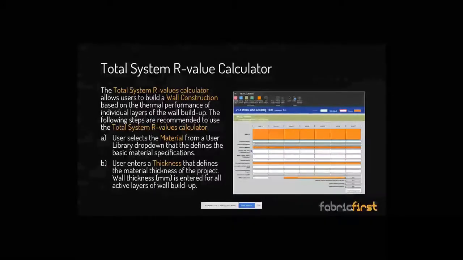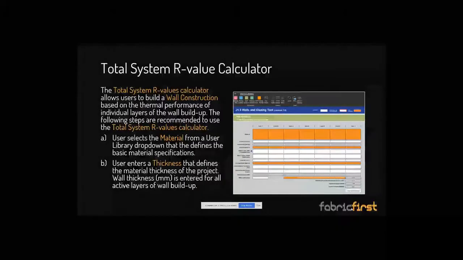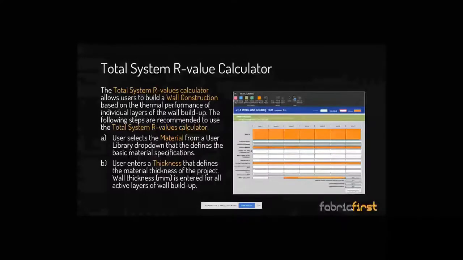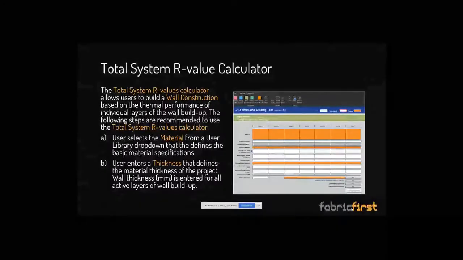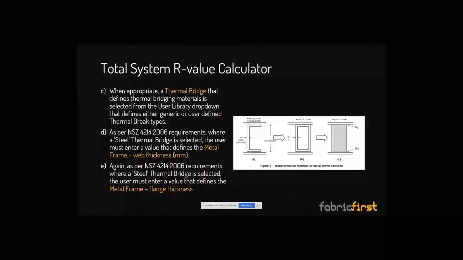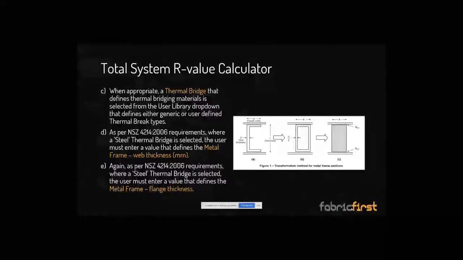So what you do, you literally go through, sorry for the people on the webinar, but you fill out your layers in your nominated wall construction. You add in your thicknesses, and if you have a framing material, then you add that in your thermal line. So that thermal line, let's say you've got some glass wall somewhere, either a bit of timber or some steel, and then you're going to have to start working through what the dimensions of those systems are and how those systems will impact the overall performance of a wall system. These are in line with NCC